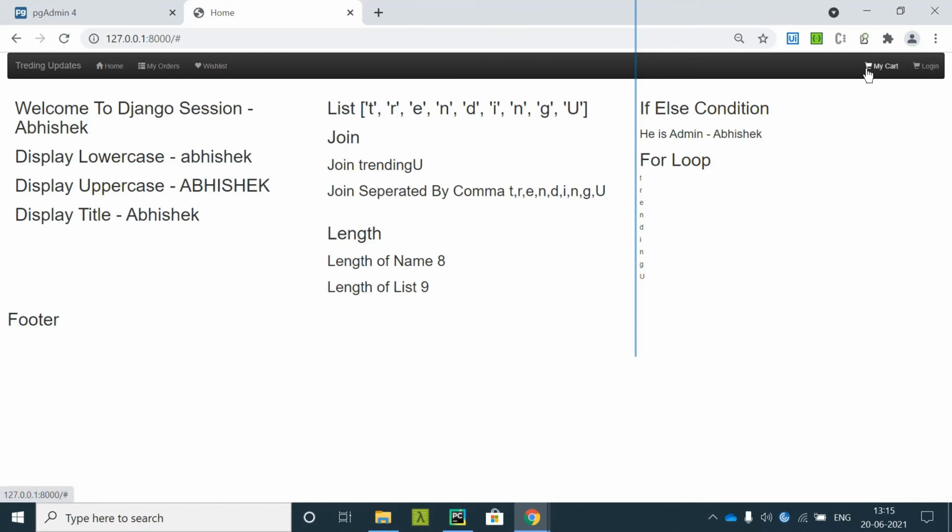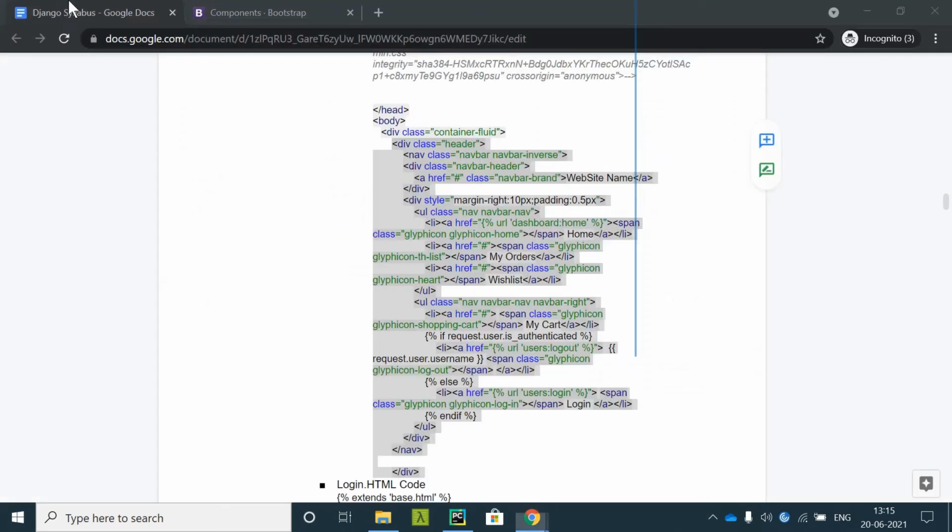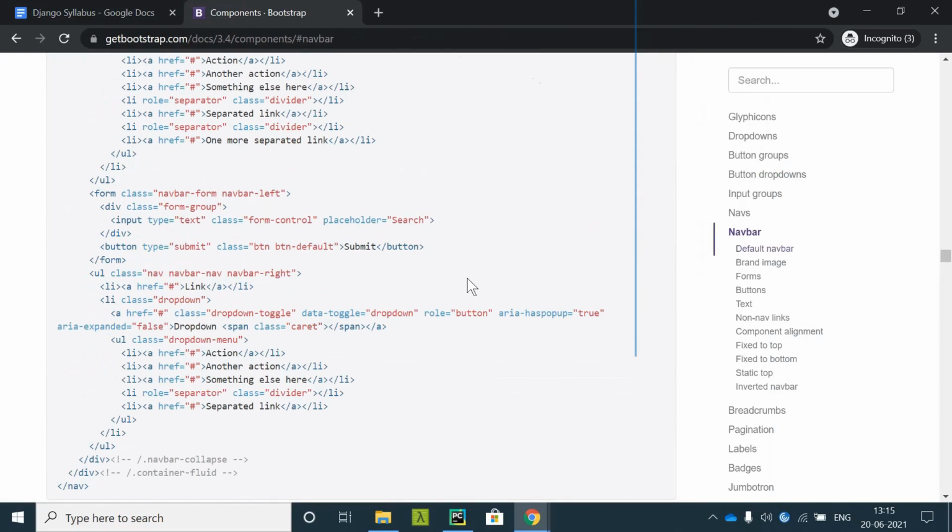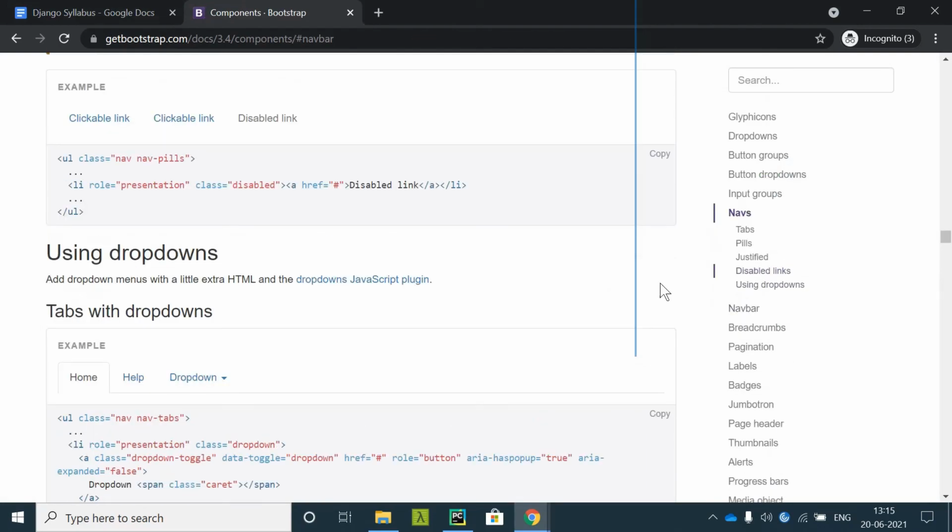Now you can see there is some symbol over here. For the cart it is correct but for the login it is incorrect. So you can go ahead and check on the Bootstrap page for glyphicons.